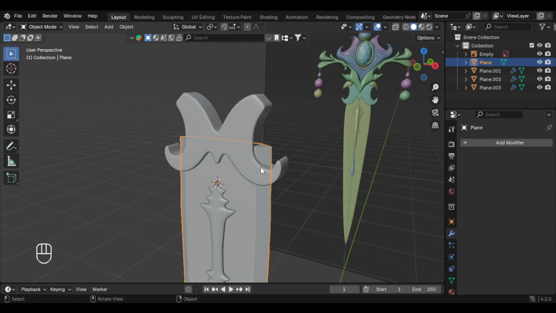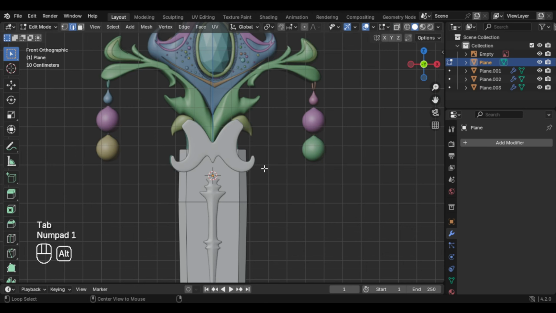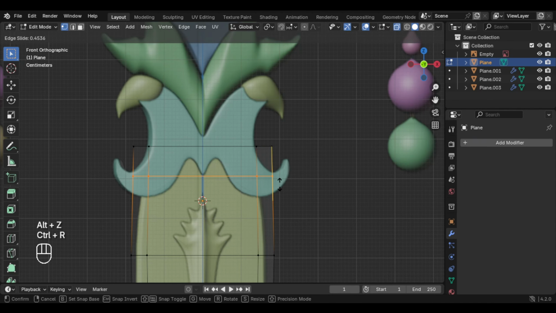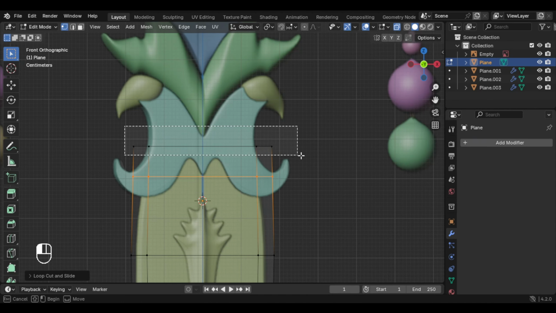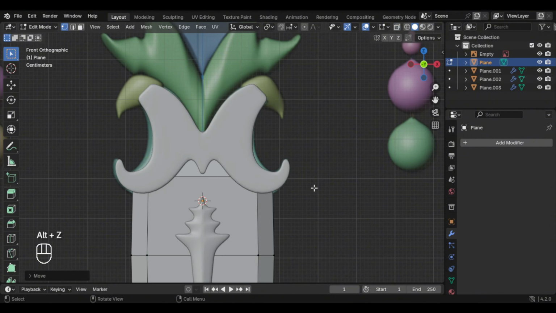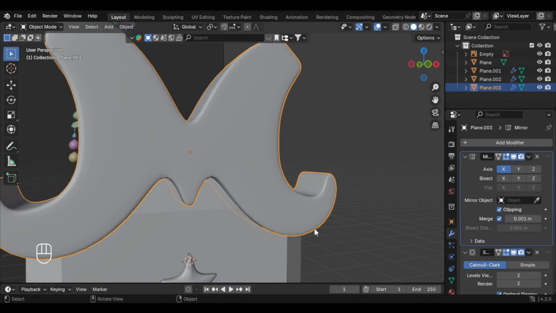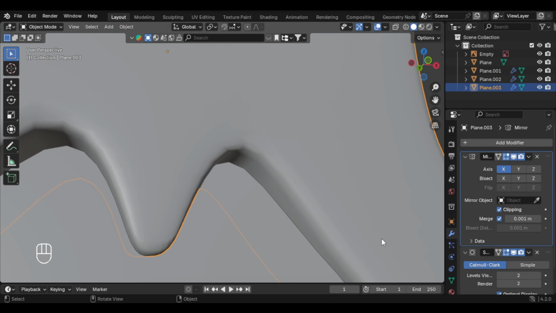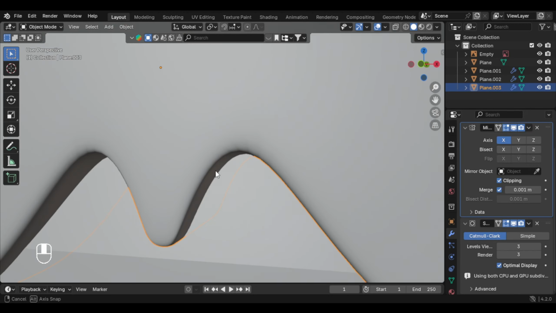And let's select this blade here and let's go to our front view. So let's give it one more loop cut here to about in the middle, and we can select these edges and S to move it in and also a bit down so that it's not sticking out like this. And once we have that, we can also increase the subdivision, so we can give it 3,